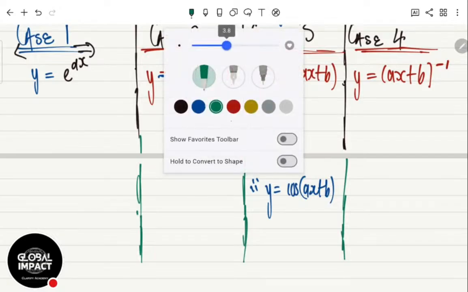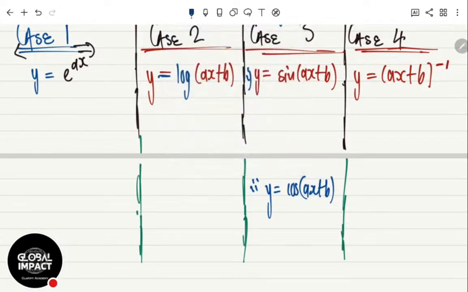You are going to generate it by differentiating 3 times or 4 times, commonly 4 times. Then you see the pattern, and you're going to use the pattern to generate a formula, and you're done. That's the nth derivative. If you differentiate, then you see the pattern. The pattern is what is going to help you generate a formula.